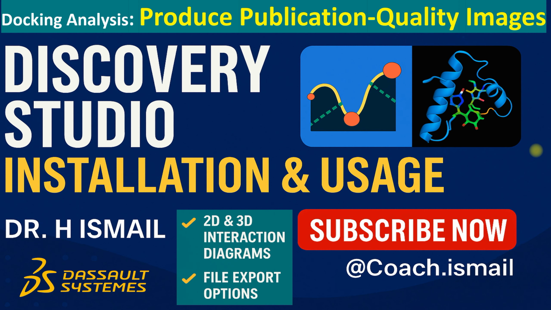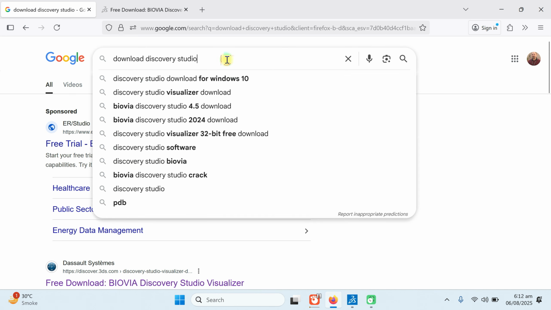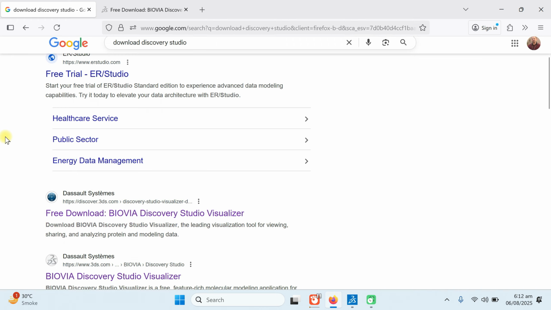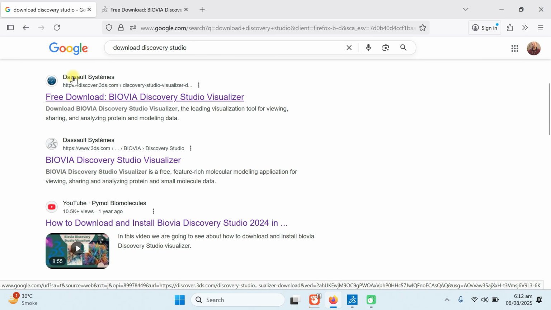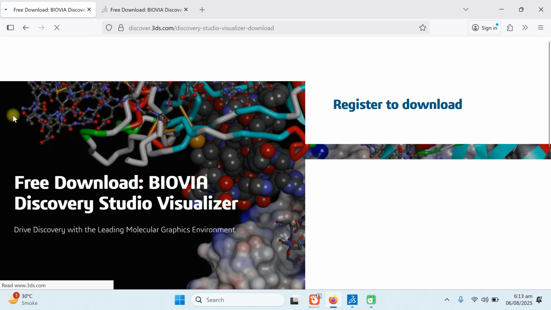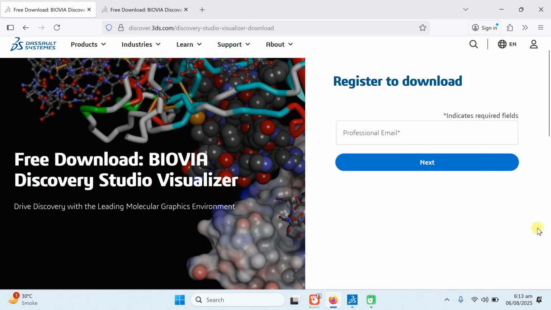So let's start. To download the software, go to Google and type download Discovery Studio. From the drop down menu, you need to look for this website, which is Dassault Systèmes. Here it is, free download by BIOVIA Discovery Studio. Click on this Studio Visualizer. Then you will be prompted to the next